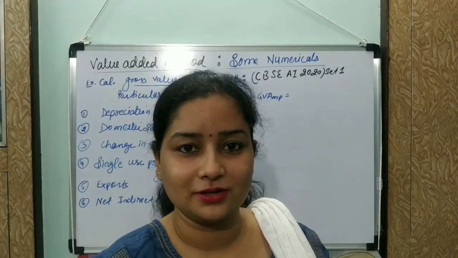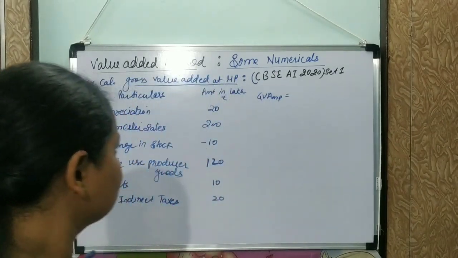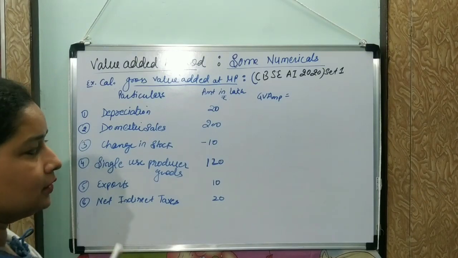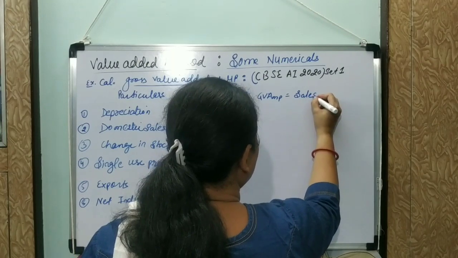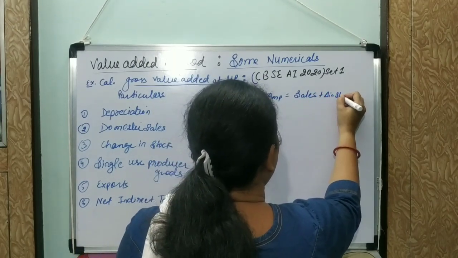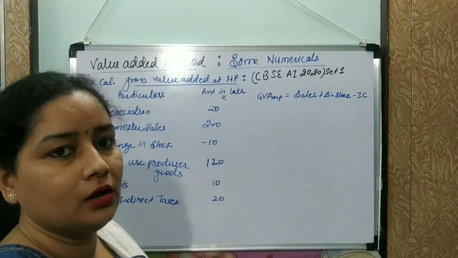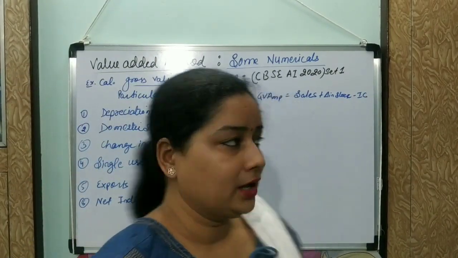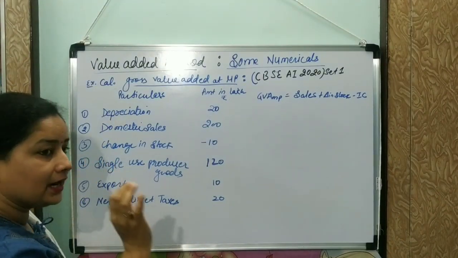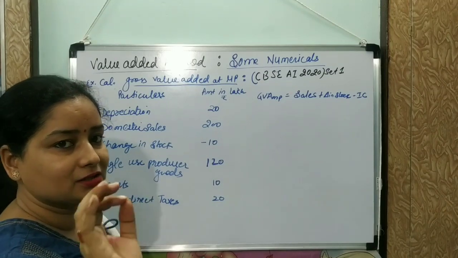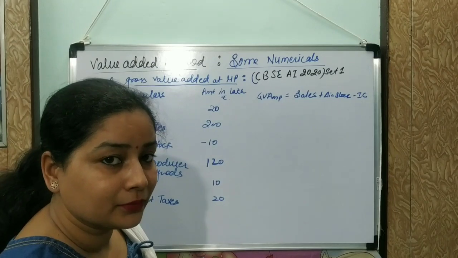4 मार्क्स में आया था ये क्वेश्चन, and if you are understanding it well, you can easily quickly solve it, right? So what we are going to do here now, we'll put the same way. You just write down the formula first, that will be sales plus change in stock minus intermediate cost. Now what you are thinking about, where we have intermediate cost? In this question there is no intermediate cost, but the another name of intermediate cost is purchase of raw material, and raw material once used cannot be used again. Are you getting it?